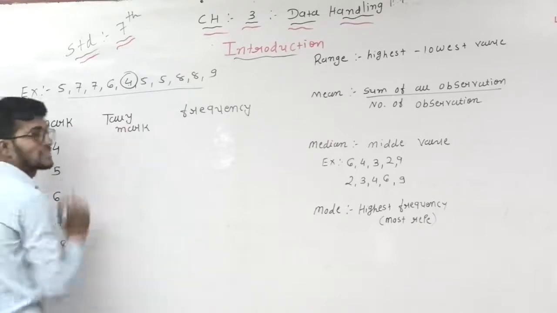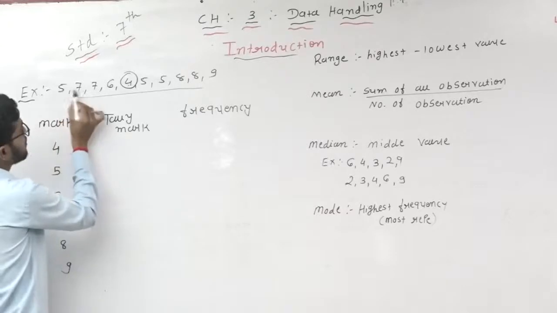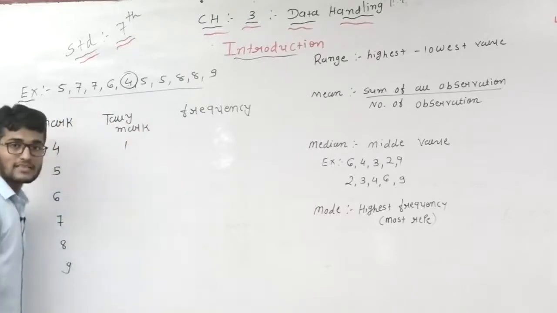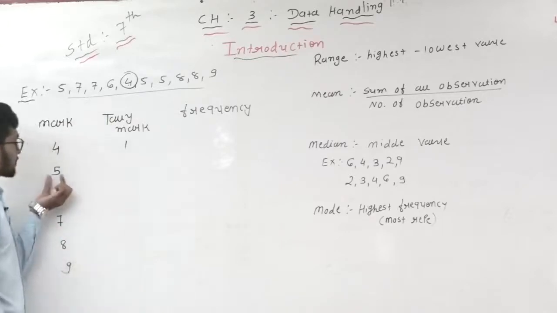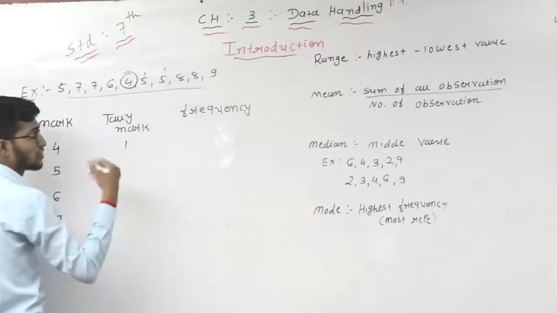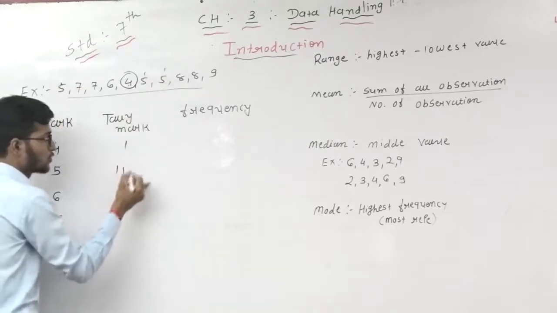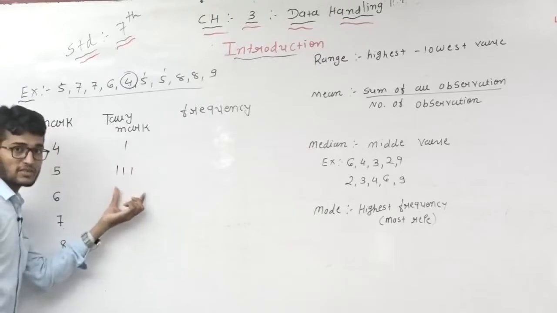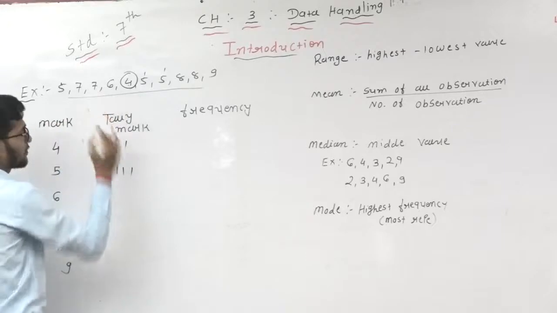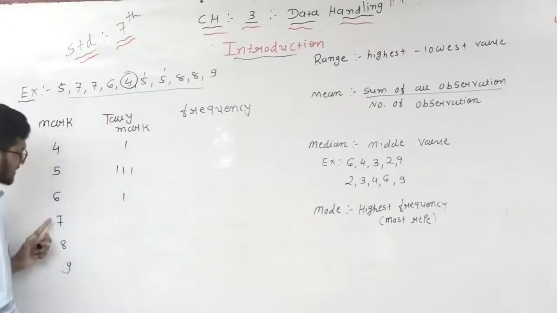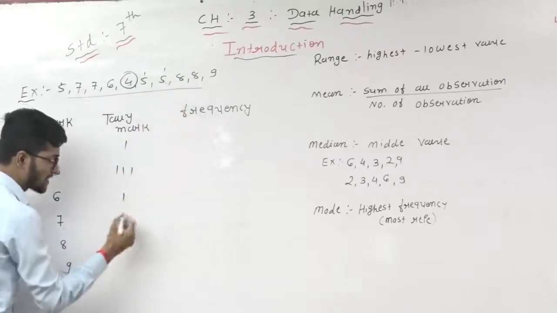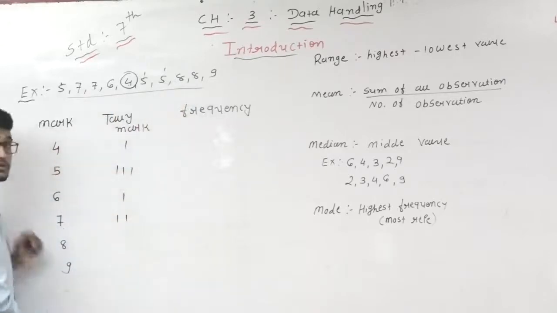Now these marks are to be represented by tally marks. Check, 4 occurs only 1 time, so to represent 1 we draw only 1 line. Clear? Then 5, how many times? 1 time, second and third, 3 times. So 3 is represented by 1, 2 and 3, which is the tally mark. This is 3 lines. Okay. Then 6, how many times? Only 1 time, so you write only 1 line. Then 7, how many times? 1 and 2, 2 times only. So to represent 2 we draw 1 line and 2 lines. This is 2 lines.